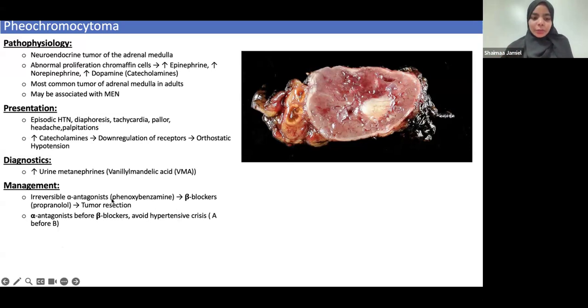And usually when you want to treat it, you're going to inhibit the alpha and then you're going to inhibit the beta. So A before B, because if you inhibit beta, all the catecholamines are going to bind to the alpha receptors and it can cause vasoconstriction, which can cause a hypertensive crisis. So you don't want that to happen. So you're going to first block the alpha so that the vessels have nothing, and then you block beta. And that's basically it for